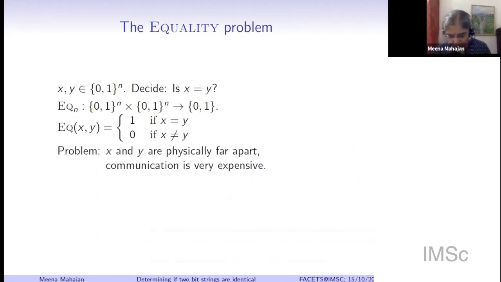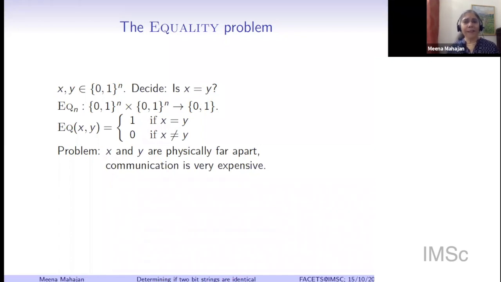So the problem which we are considering is one in which these two bit strings are located physically perhaps very far apart, and in fact, if you think of X and Y as two digital files, they are owned by two people who are located far apart, whose computers are far away, and communication between them is very expensive. In fact, let's even get rid of the middlemen and the middlewomen. There are no people involved. Maybe one computer is on the International Space Station and one is on a marine research center somewhere in Antarctica, and transmitting stuff back and forth between these two is not a cheap thing.